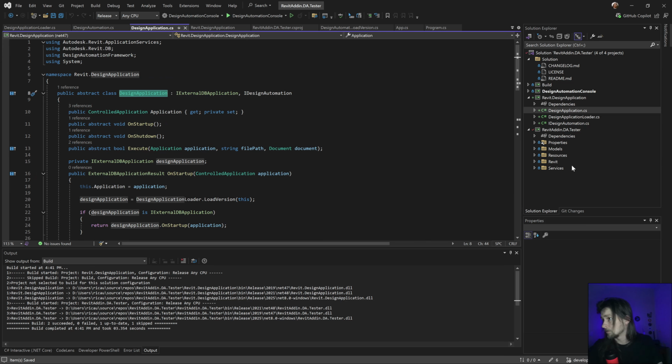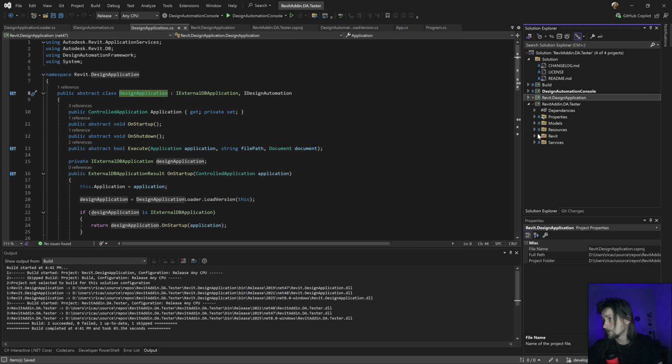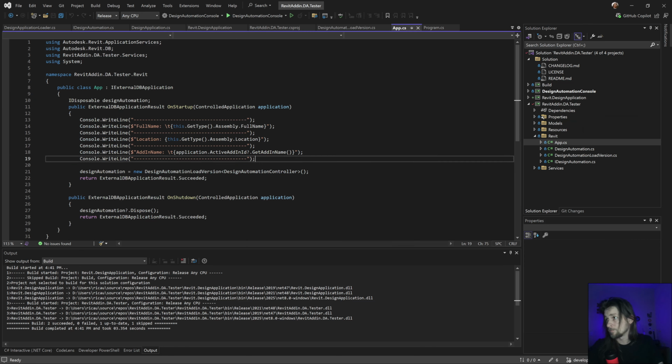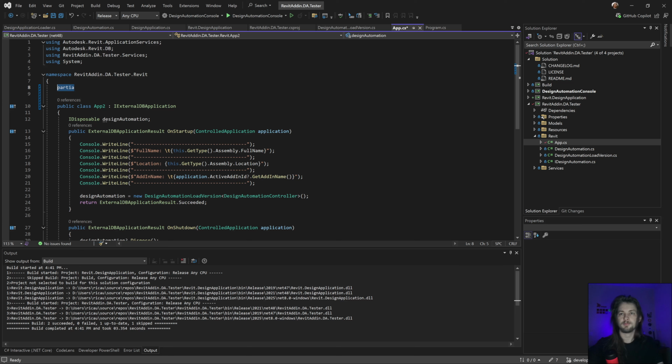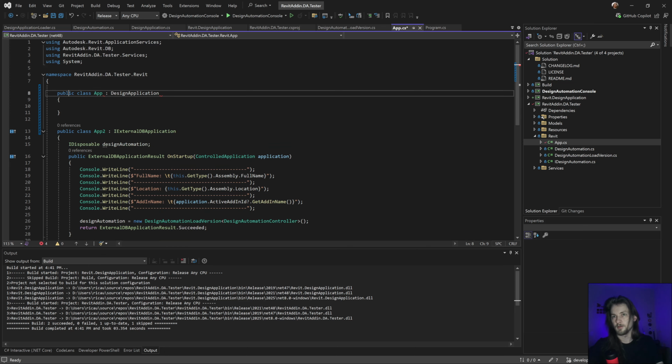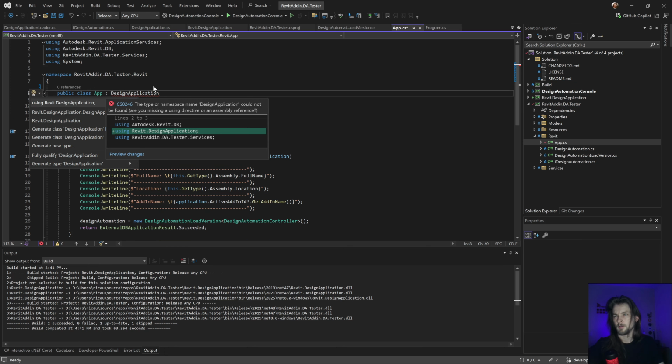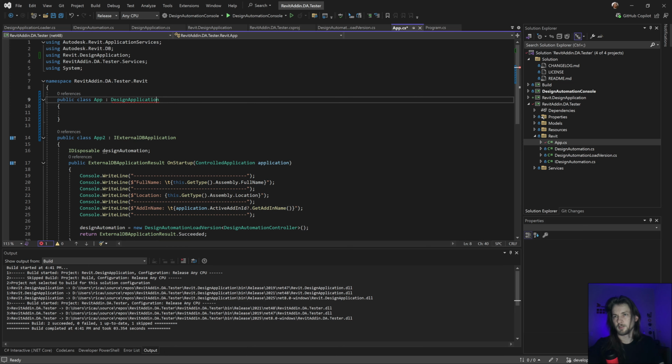So if I go in my main Revit, main Revit application, and let's just do something like this. Let's rename it just to not have any issue. Class app, and I'm going to add this one. And let's get the correct location.